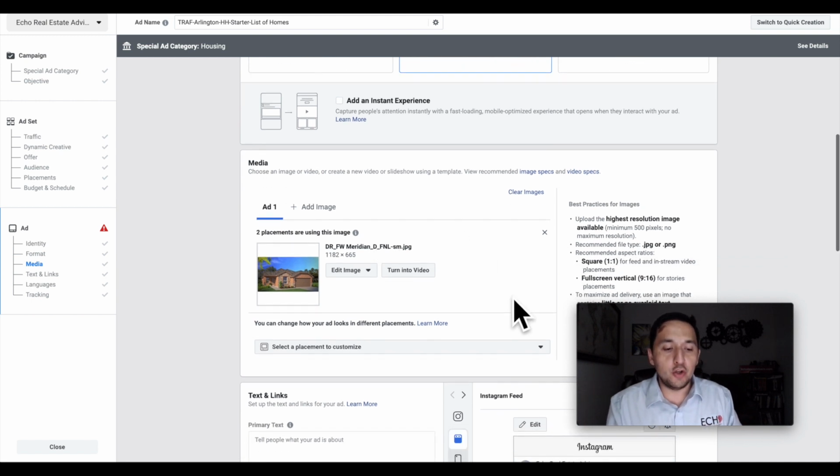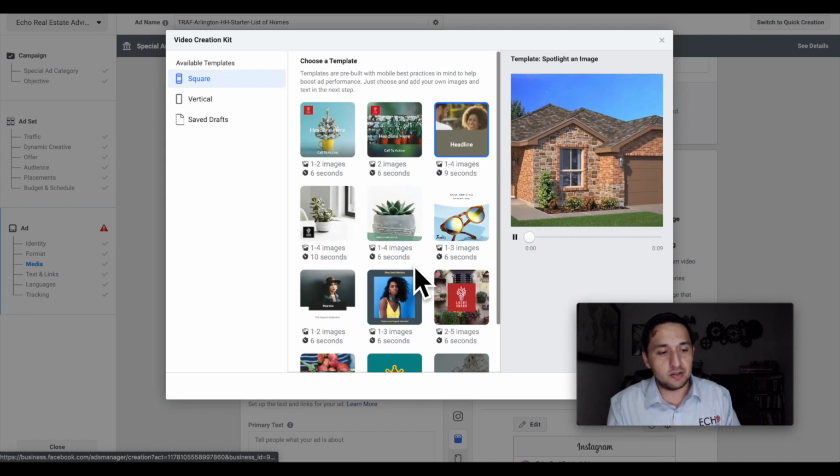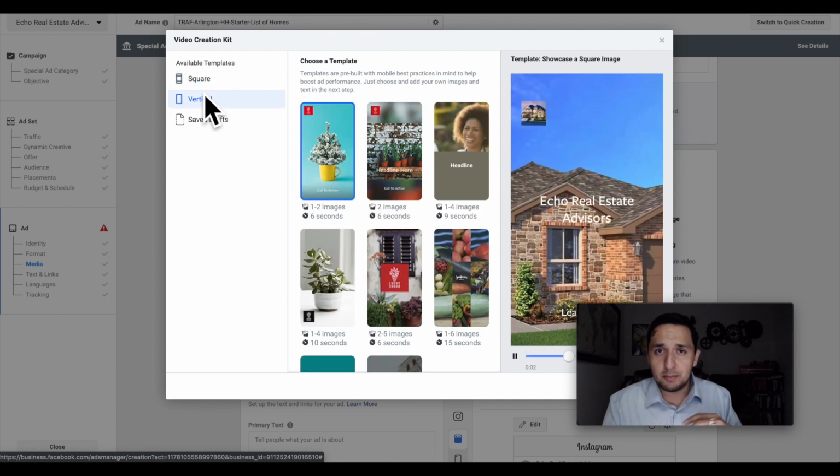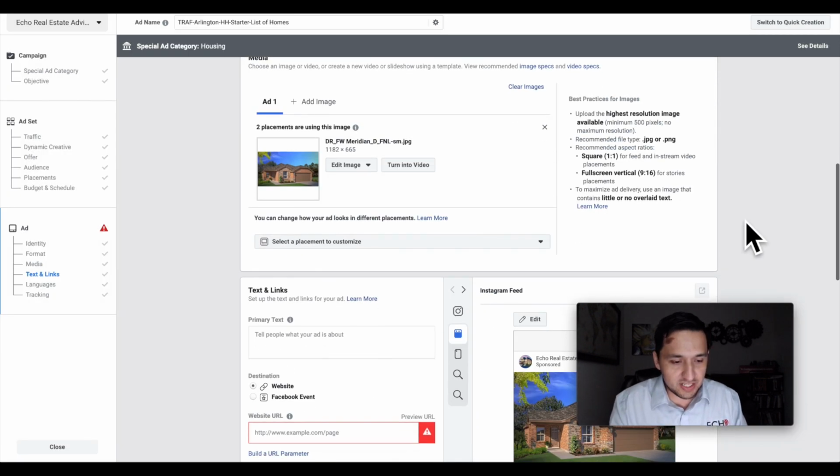Now remember, you can turn images into video. By doing that, you just go to turn into video and you can select different templates. They're just using different images that you select and are going to create it. Well, you see it right here on the right hand side. Create some sort of engaging video so it's moving and you get more engagement that way. Videos will almost 100% of the time outperform images, and that is a feature that Facebook has added, Instagram has added, to make your advertising a little bit more, well, a lot easier actually. All right, we're just going to select an image for now.